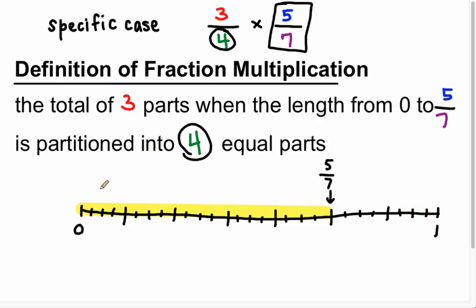Okay, now that I've done that, I now want to figure out how many of these smaller pieces are from the length 0 to 5/7. So let's count. 1, 2, 3, 4, 5, 6, 7, 8, 9, 10, 11, 12, 13, 14, 15, 16, 17, 18, 19, 20. So 20 smaller pieces broken into 4 equal parts. We would do 20 divided by 4, which is 5. That means that each of these parts is going to be made of